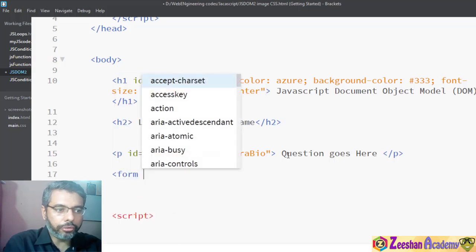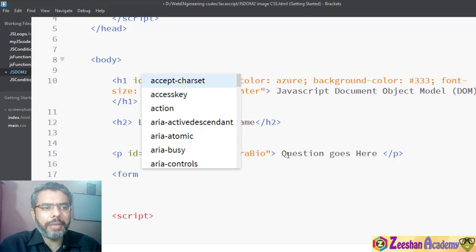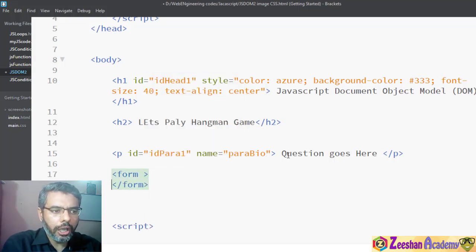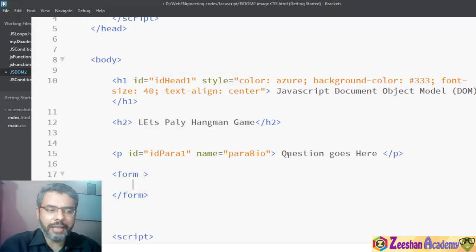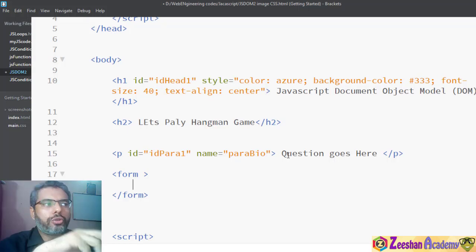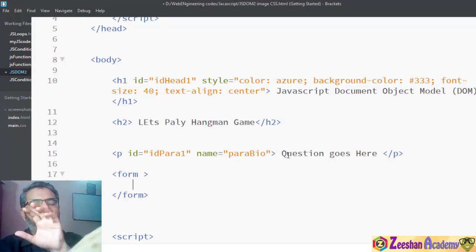Now we create something called a form. Now form is where basically the user would give his input. In JavaScript or even in HTML, the basic mechanism of giving input is through forms. Forms basically allow us to control the components and the segments and the data that's being entered. And once we have a form, it's essential that once you go to server-side programming, then it will be easier to handle a form.